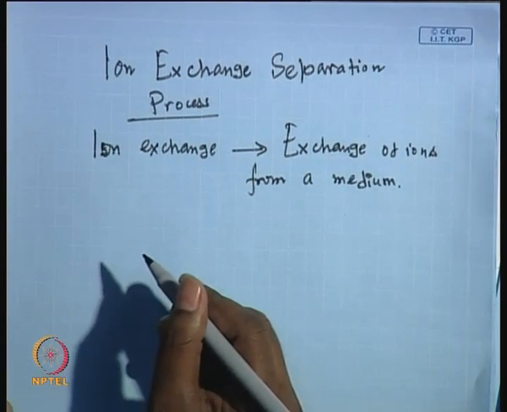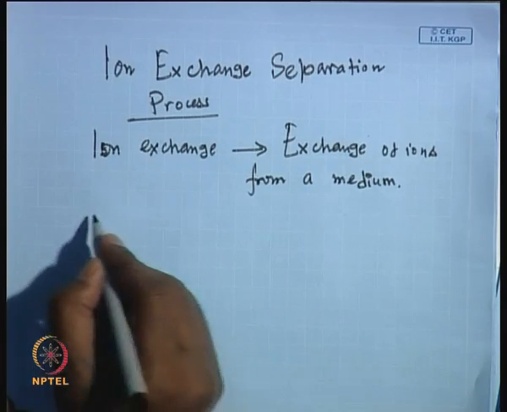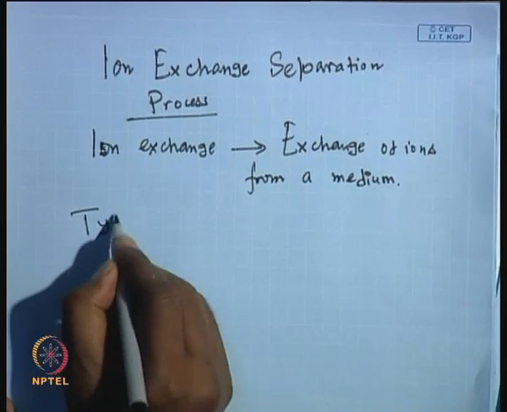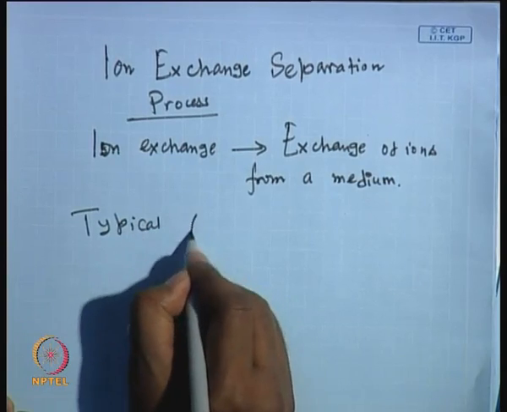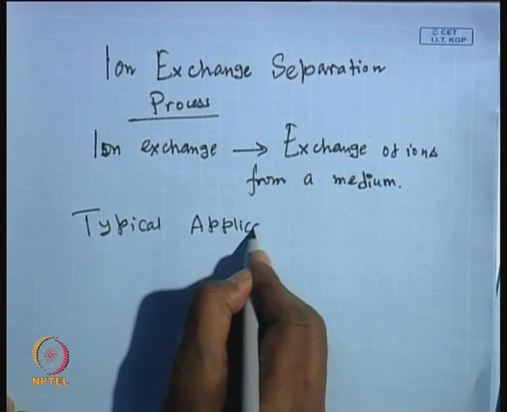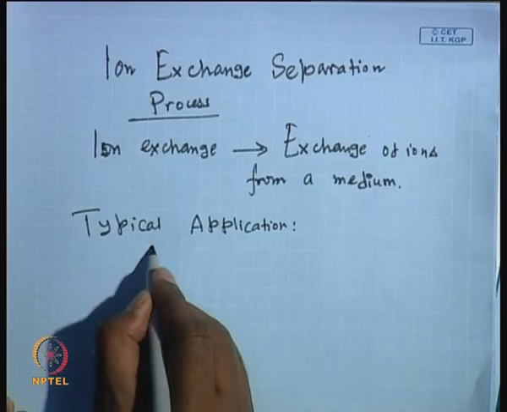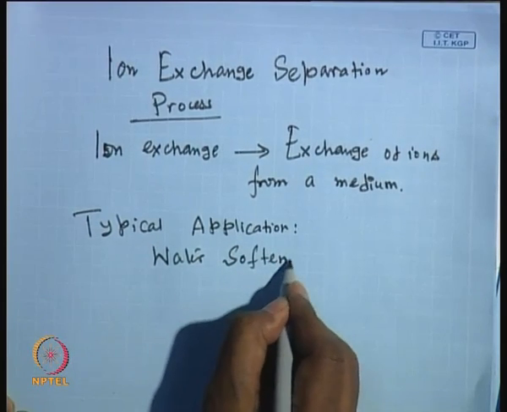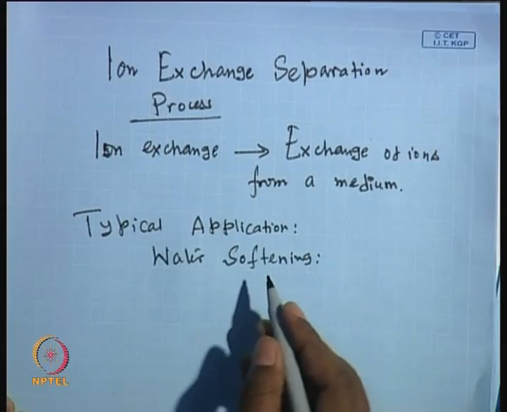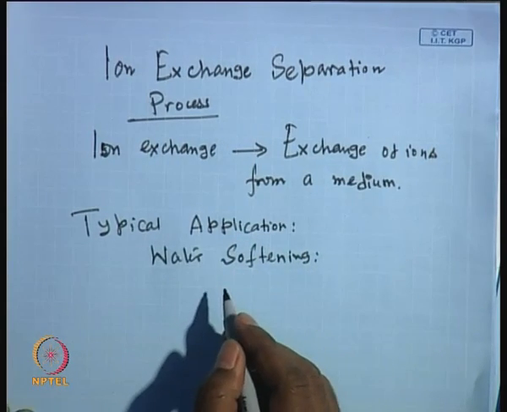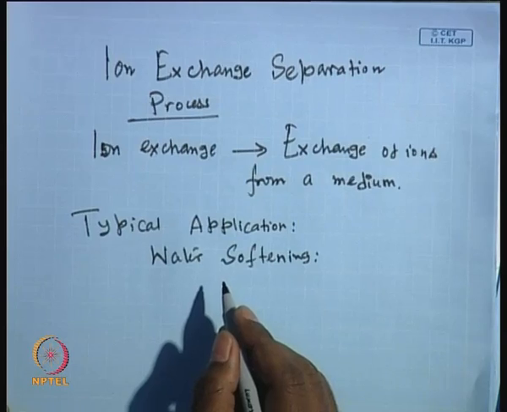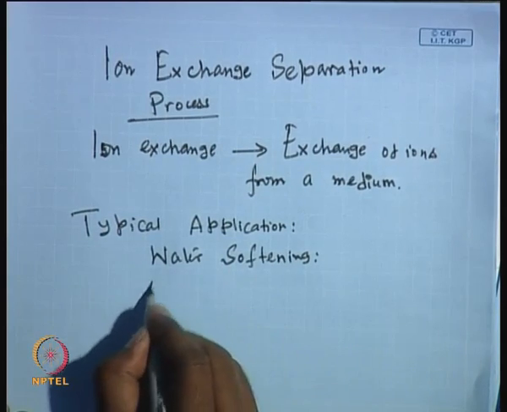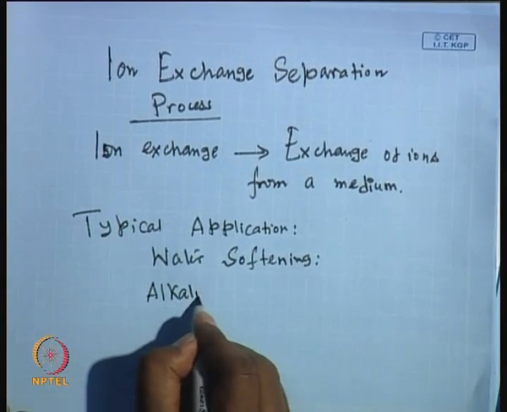It has a typical application in water softening. What do you mean by water softening? You will have in water the alkaline metals like calcium, magnesium and things like that. So, alkaline metals,